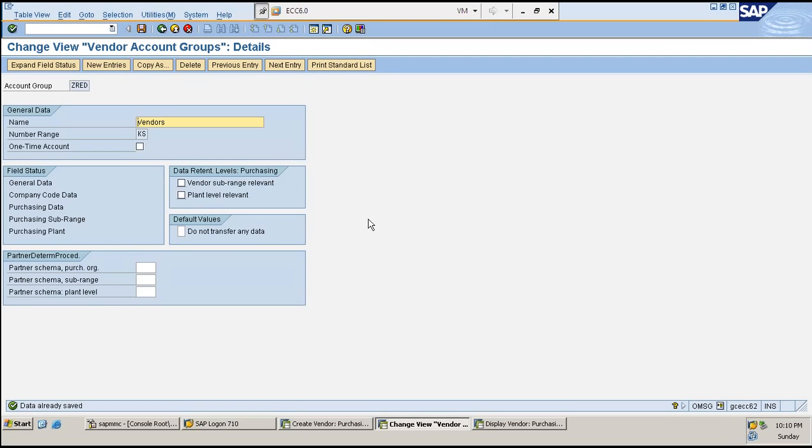So at that time in a material you have to enter both, for example, vendor code as well as subrange? No. You will just need to go ahead and key in only the vendor number. That's fine. That's sufficient.